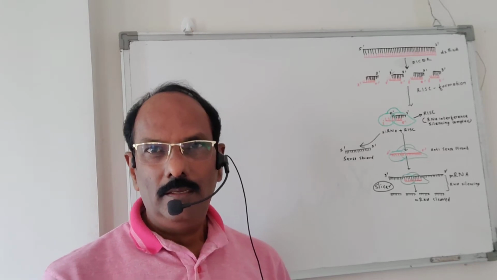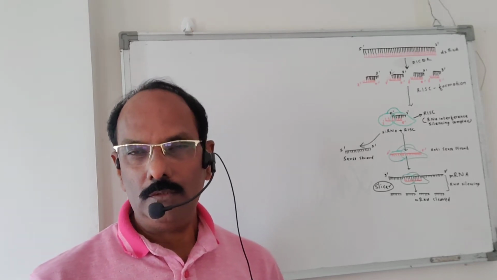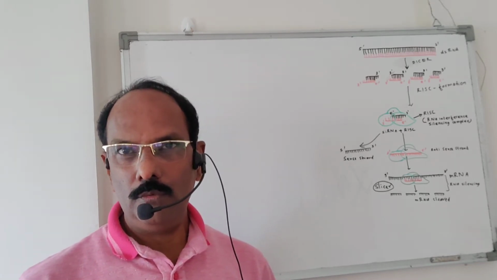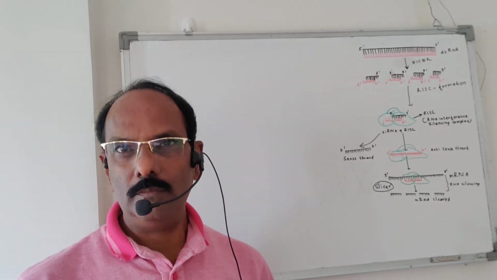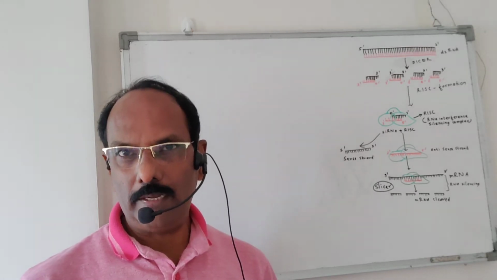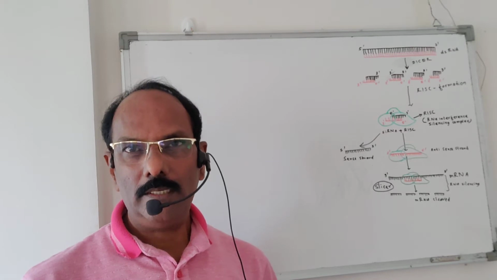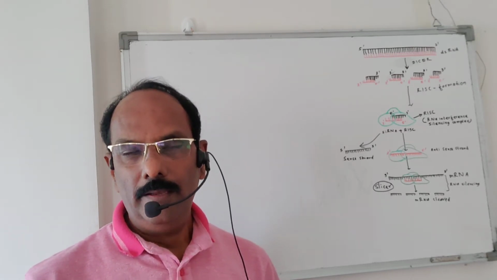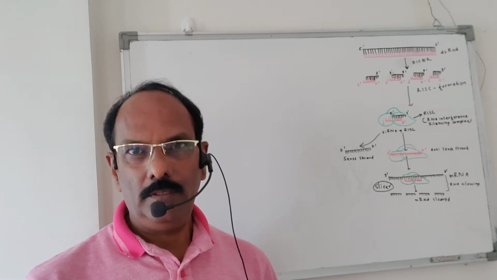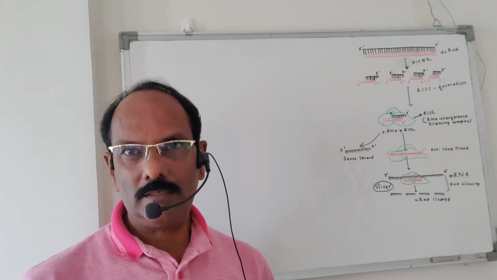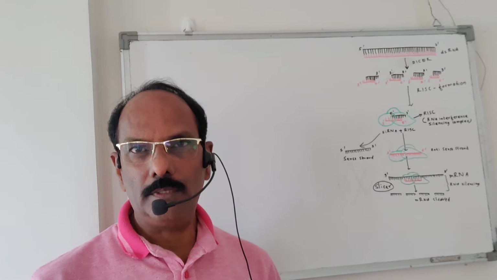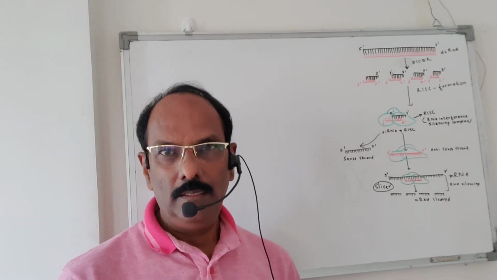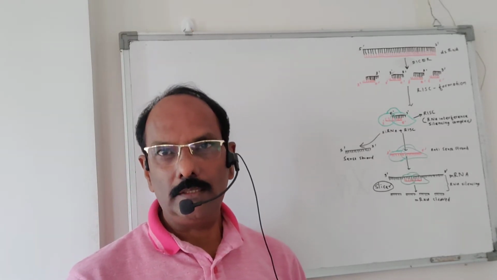Considered as a foreign body. So whenever a foreign body enters the human body or a cell, it must be removed by the immune mechanism. So when double-stranded RNA appears in the human cell, in the diploid cell, this double-stranded RNA is destroyed by a particular enzyme already present in the somatic cell. This particular enzyme is known as Dicer.